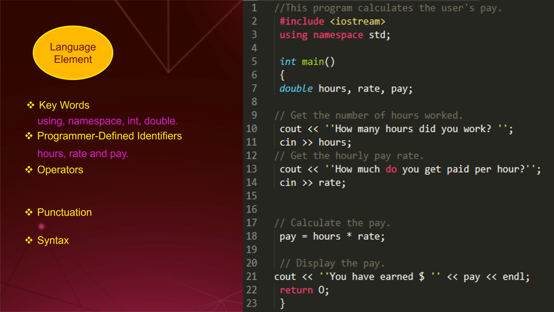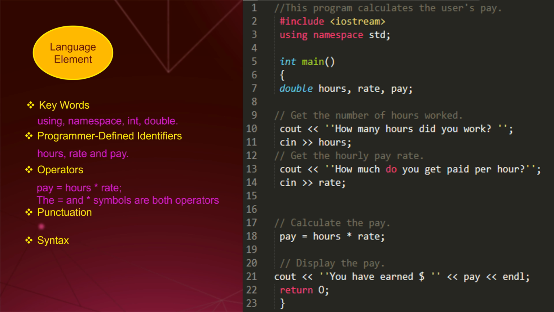On line 18, the following statement appears: pay is equal to hours multiplied by rate. The equal and multiplication symbols are both operators. They perform operations on pieces of data known as operands. The multiplication operator multiplies its two operands, which in this example are the variables hours and rate. The equal symbol is called the assignment operator.